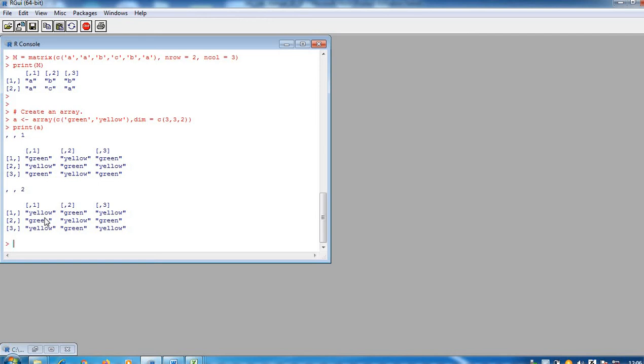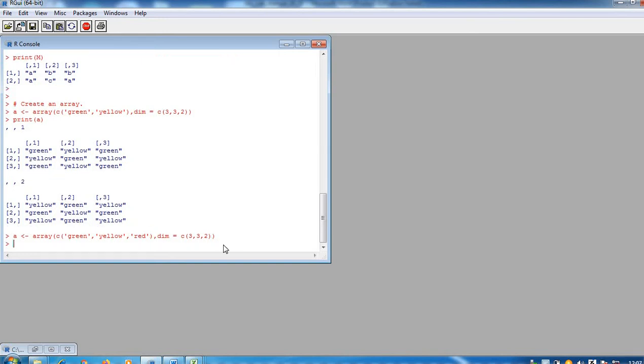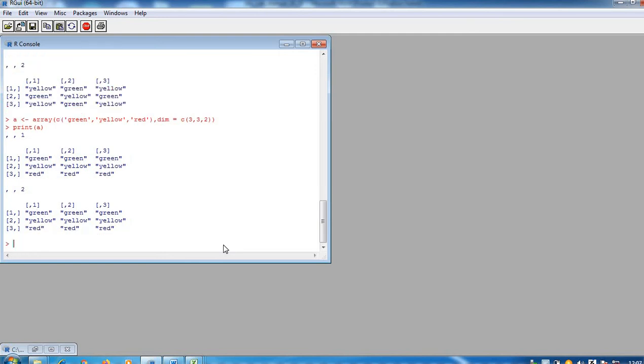Okay. Now we will try to make a little change in this and see what happens. What I am doing now is increasing one more element, red. Now we will see the output. Okay. Fine. No errors. Now see what has happened. Again, what type of matrix is printed? Again 2 matrices of 3 by 3 dimension.